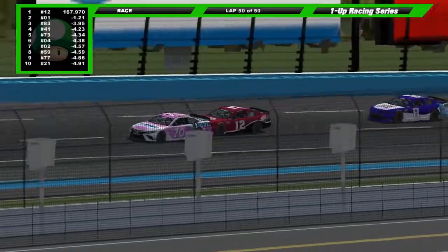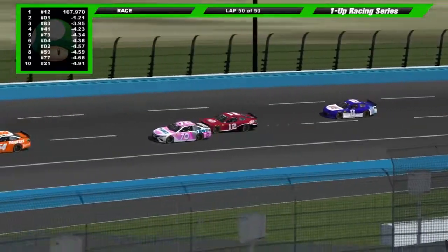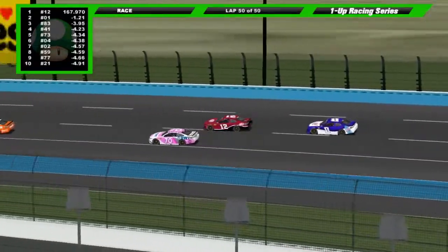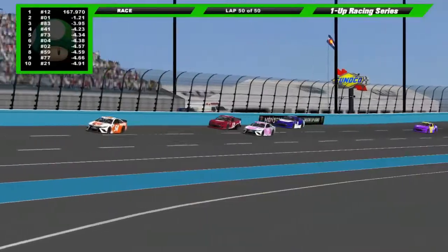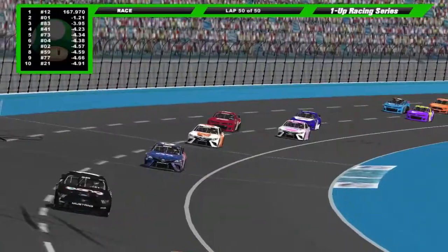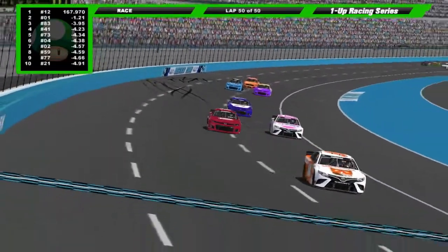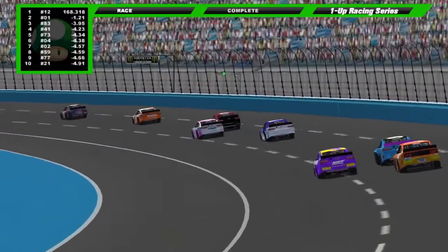Coming through 3 and 4 for the final time. Kason Cooper gets out of the way as he gets lapped. Ben McDonald right on the back bumper to 70 of Emma Carter. Through 3 and 4 for the final time. It is going to be Ben McDonald breaking a 47 race winless streak here today at Denver Motorsports Park. Off of 4 for the final time. Ben McDonald wins the REMAX 400 in a dramatic late race